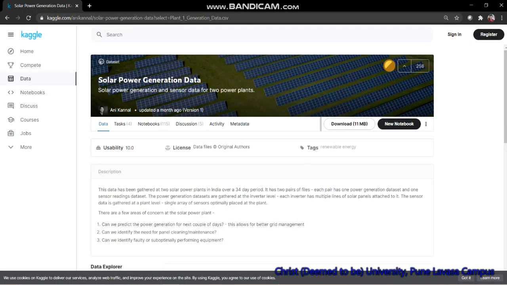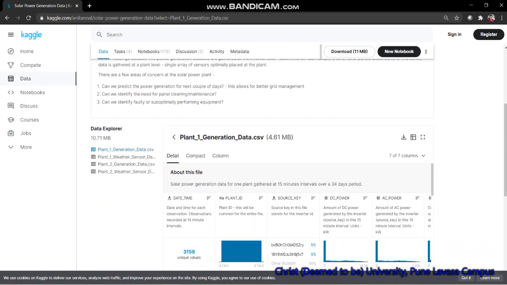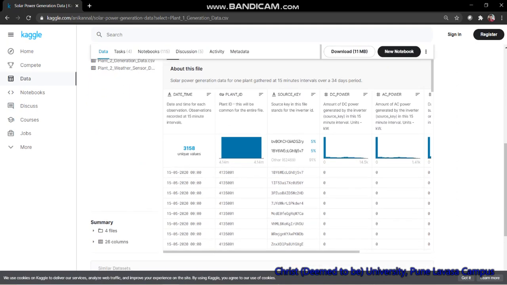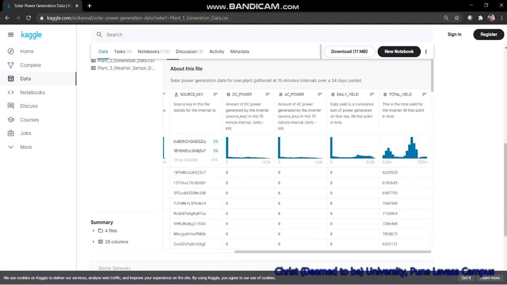So let's look at the data. So for each of these power plants, we have two different sets of data. The first is the power generation data set, which is collected at the inverter level. This collects information about the AC power, the DC power, and the daily yield, which is a cumulative sum of the power generated at that inverter on that particular day. And it also collects information about the total yield, which is the total yield of that inverter till that point